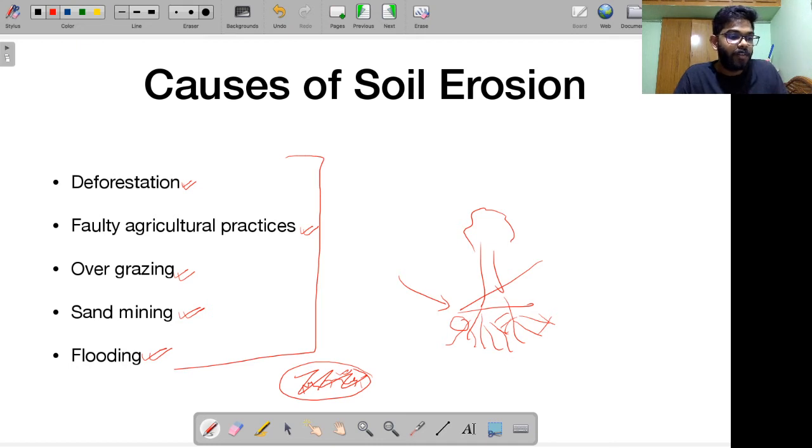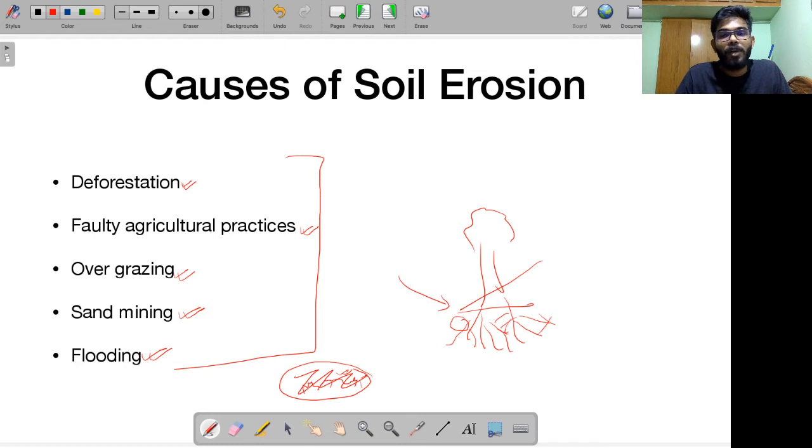Alright, to deal with soil erosion, there are various methodologies and technologies that we are using. In future lessons, I will be discussing them, and given the fact that a significant number of questions in the prelims examination are being asked from your environment and ecology portion and from the agriculture portion, if you want to believe the 2020 trend.